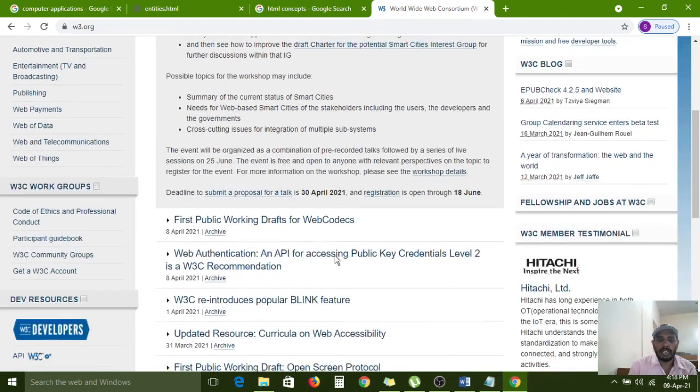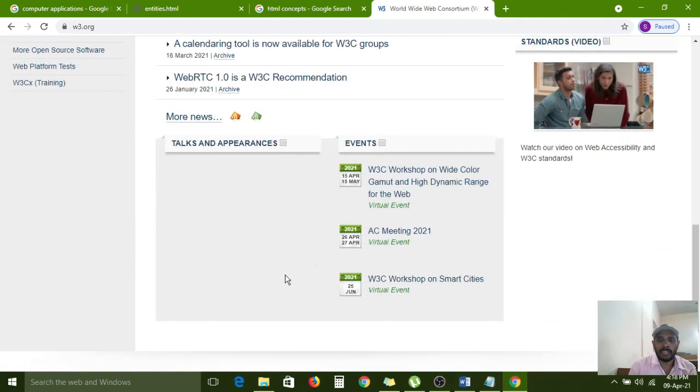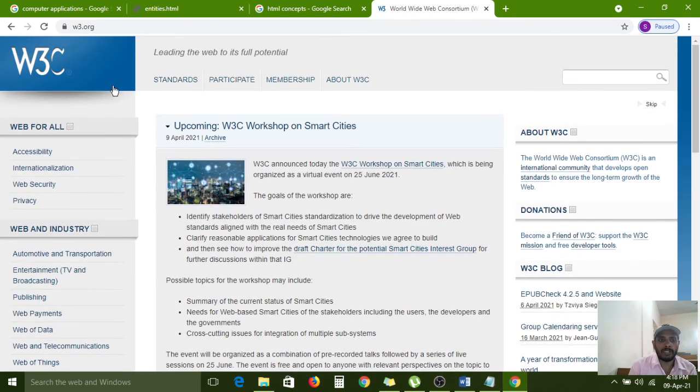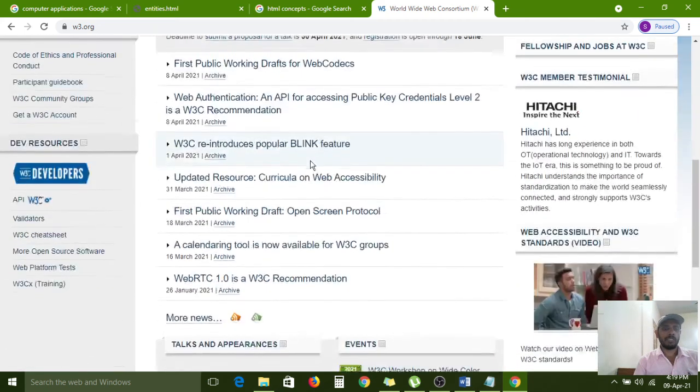The company is the World Wide Web Consortium, with three W's, so it is called the W3C organization. The company that invented HTML provides support for HTML and all web technologies.